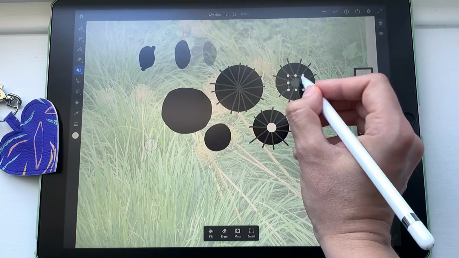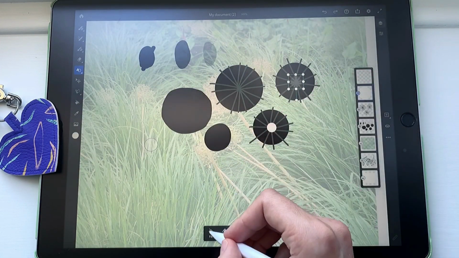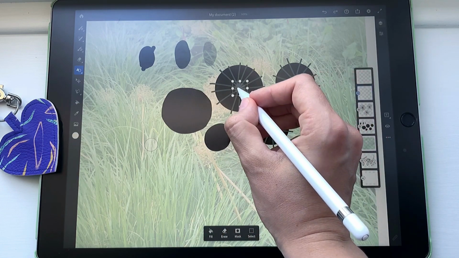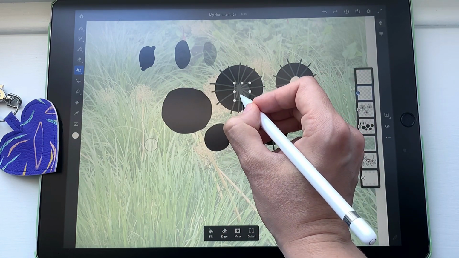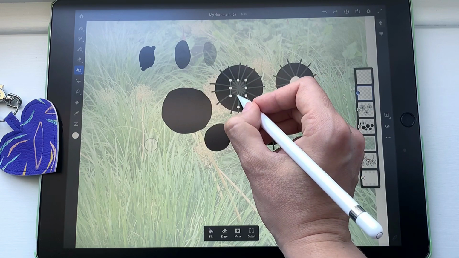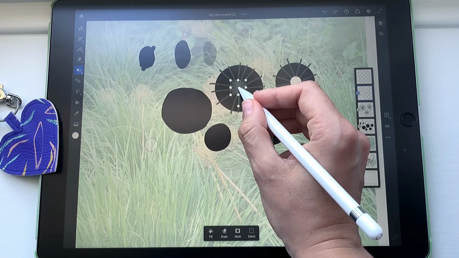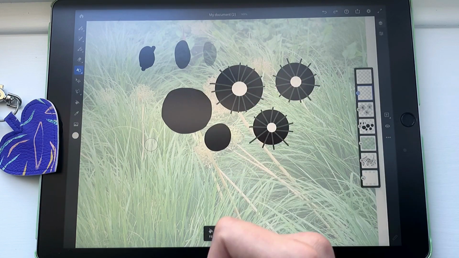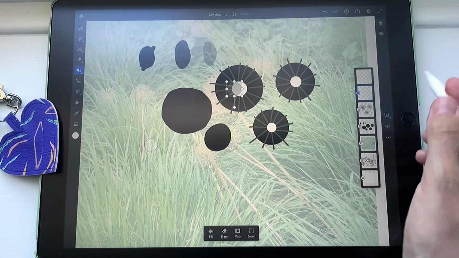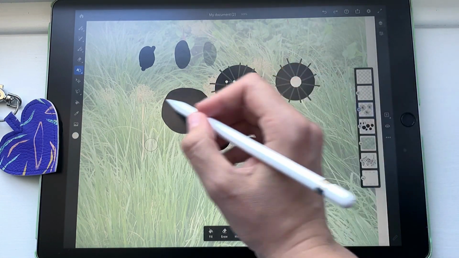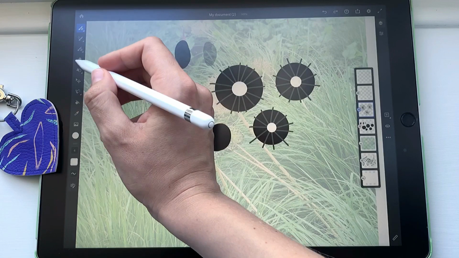So I definitely recommend, if you've never tried vector art before and you're a bit nervous to start, then start with Fresco, not with Adobe Illustrator desktop version, because Fresco is just so much easier, more user-friendly and much more